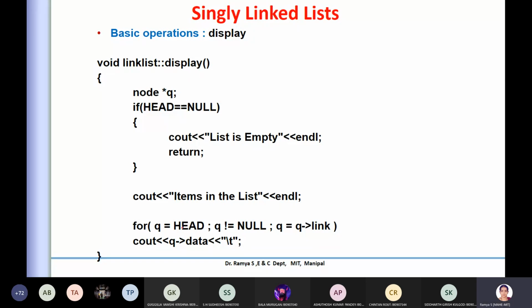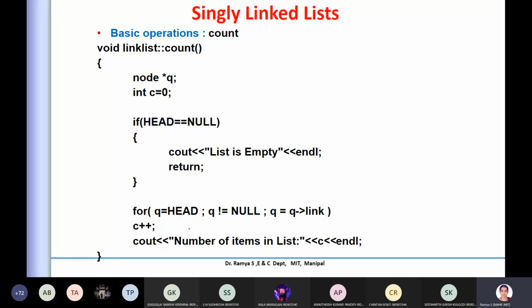There is not much in this. Similarly for a count, as I told, in the for loop, you just put a c++, that is nothing but incrementing a counter here. So at the end of this for loop, it will give me how many elements are there, because you are traveling the whole linked list by using this queue link. Queue link is nothing but address of a next value. I hope it is clear.